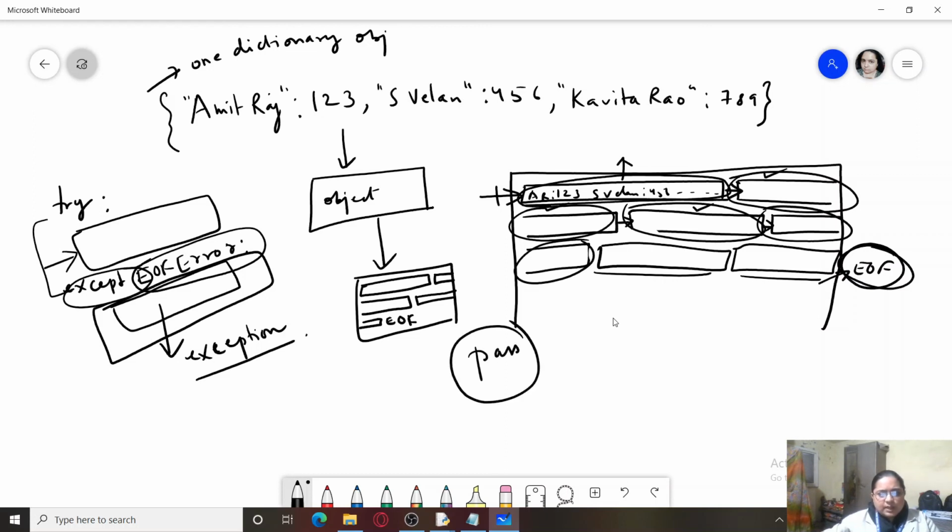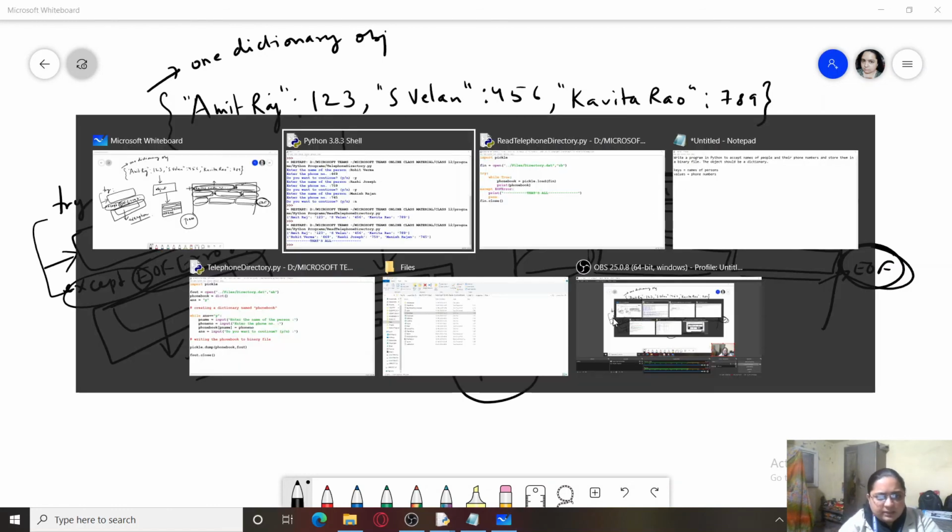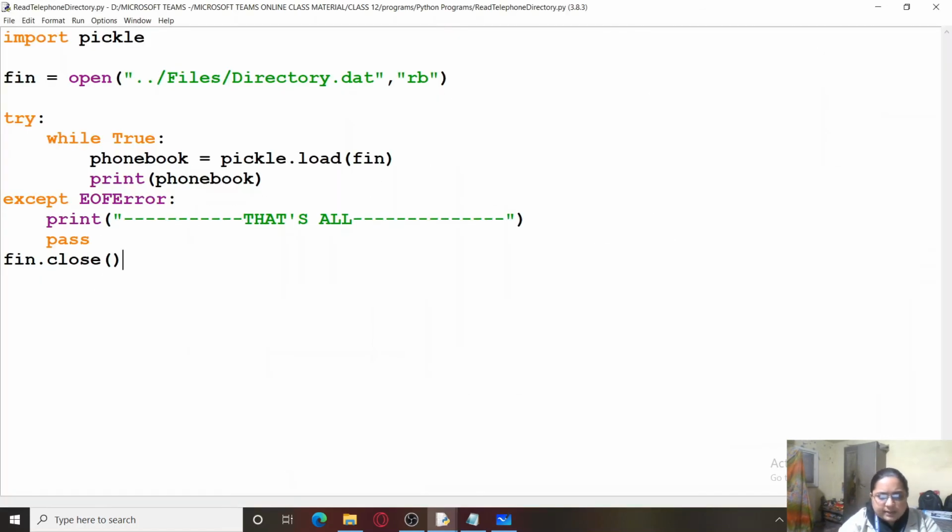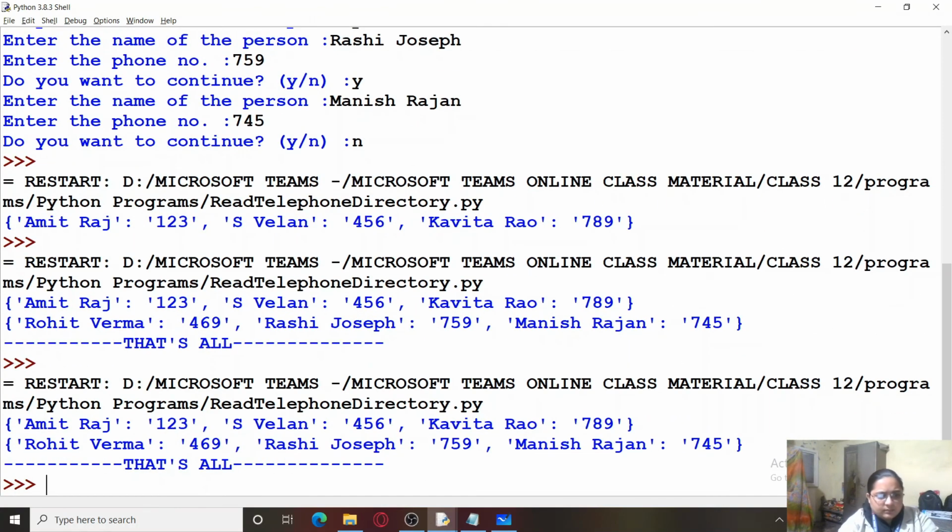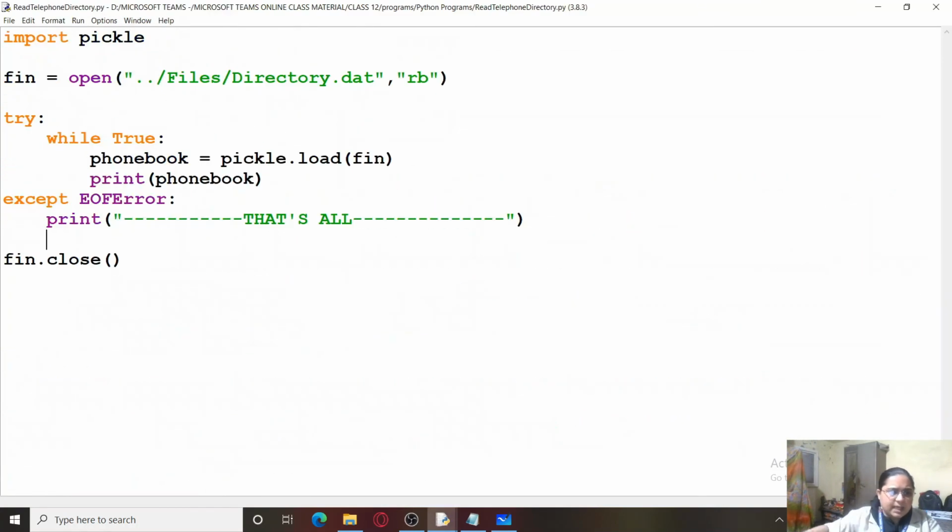Let us see what would happen if we override this pass. There also it will execute the print statement, and it's going to just exit the try except block, and our file would be closed because we have provided a close function over here.